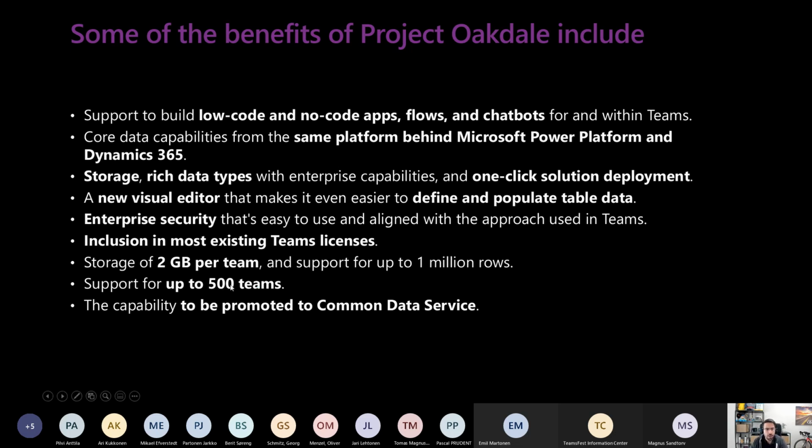this number of teams. The capability to promote to Common Data Service is very interesting, because if you want to scale and then use all the capability from the Common Data Service, you don't need to rebuild your solution or your application, but just upgrade to the full Common Data Service.